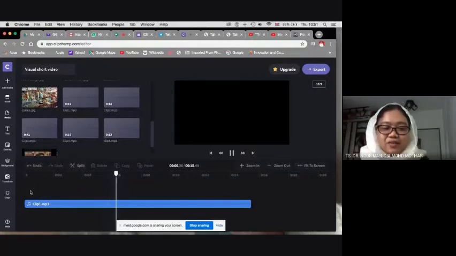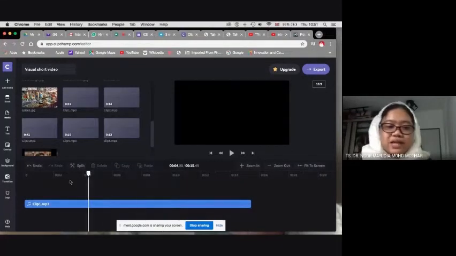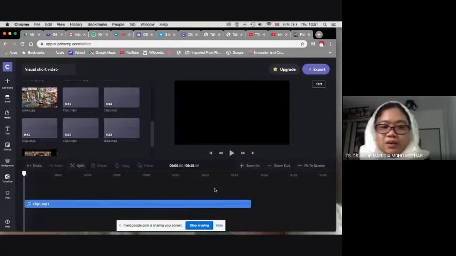So if you want to stop it, you just click back your space bar, or you can also click the pause button here. And then this timeline, you can literally move it anywhere you want along the timeline. So you can just drag it back to the first one, the beginning of the timeline. Okay, now